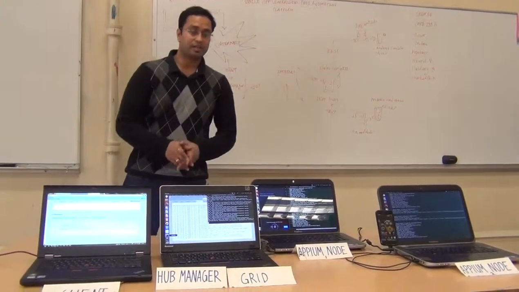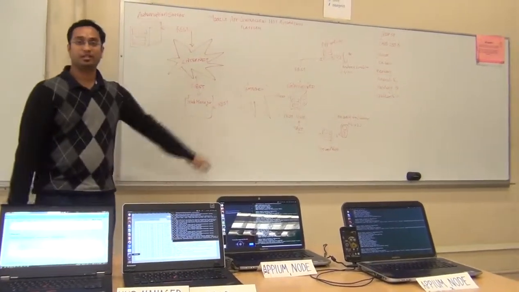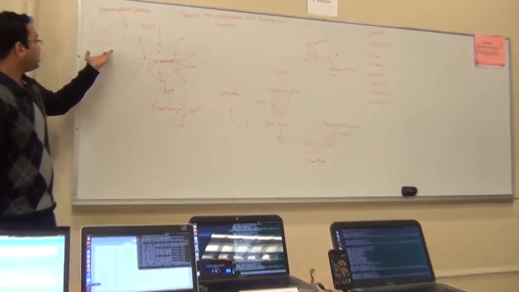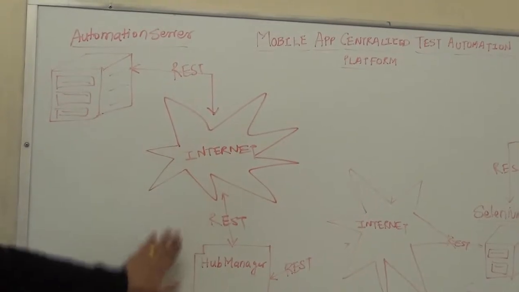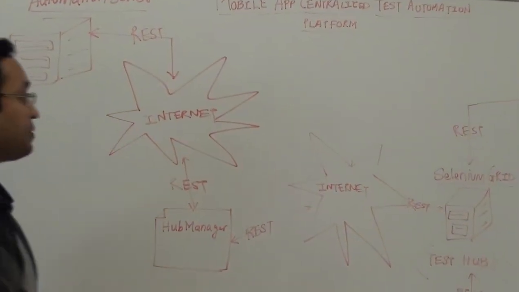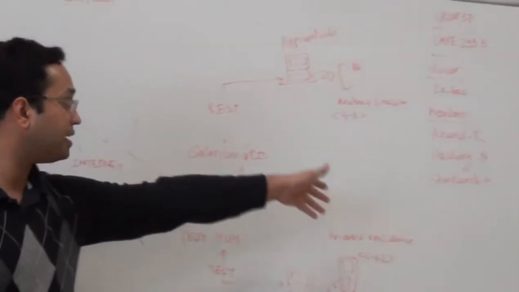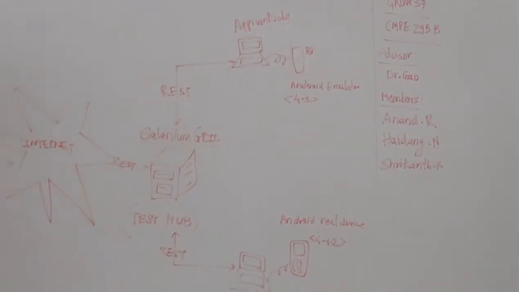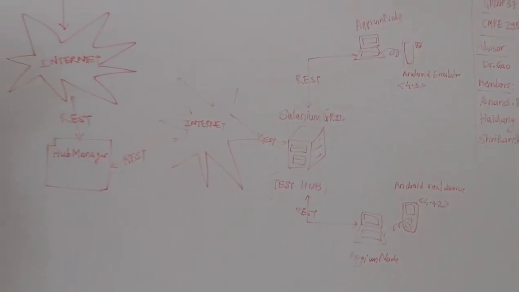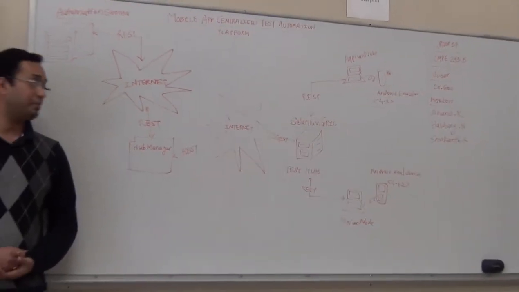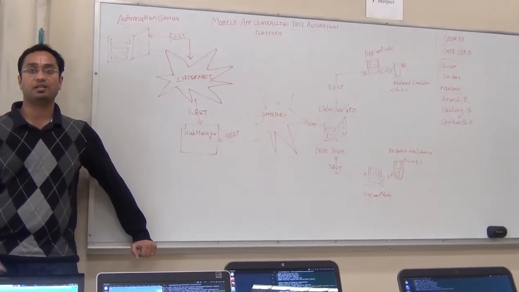So we have concluded our demo here. We showed you all these features that we have done on the server side. We showed the mocking REST APIs for the automation server, for uploading the test jar to the Hub Manager. Then the Hub Manager was able to execute the test scripts through Selenium Grid on the real device as well as on the emulator. Then we showed how to fetch the summary for a test suite or test class or test method, along with tracking or tracing libraries. Then we also showed you how to run the failed test suite or a class or a test method.